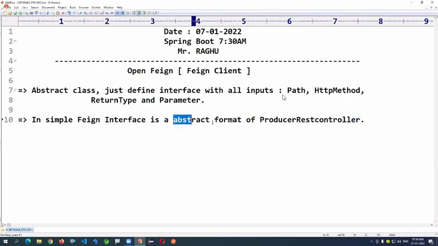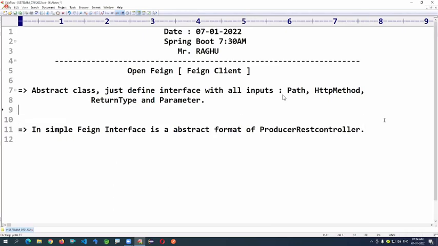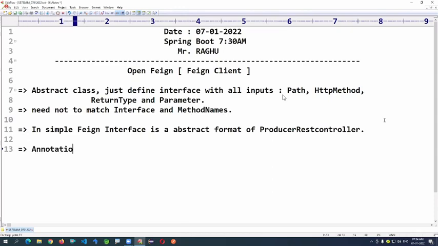It is an abstract format, and the names need not match. We have to apply two annotations. Enable Feign clients.